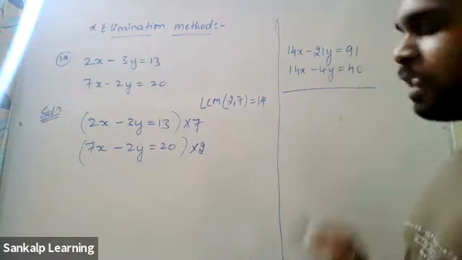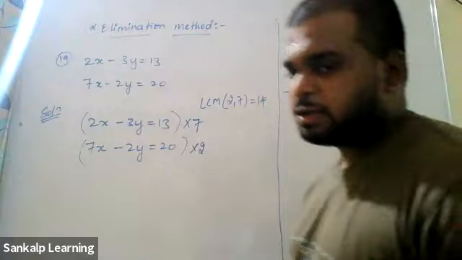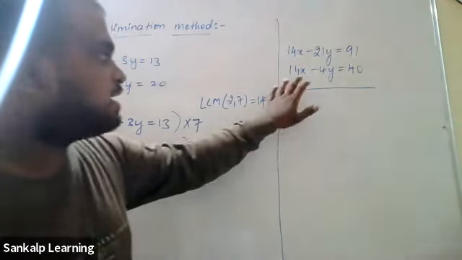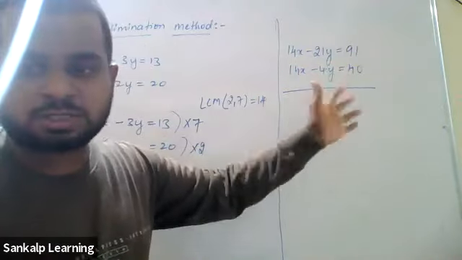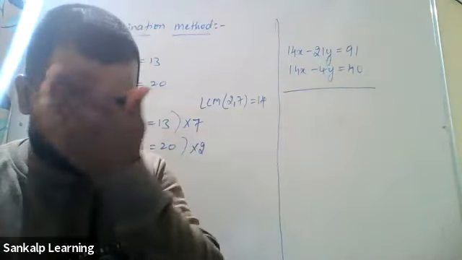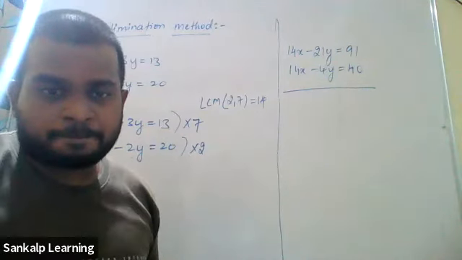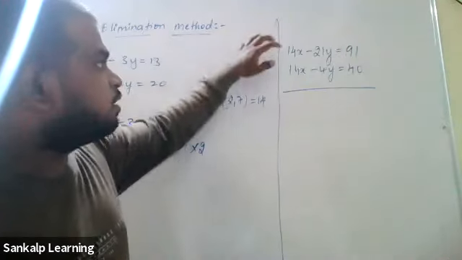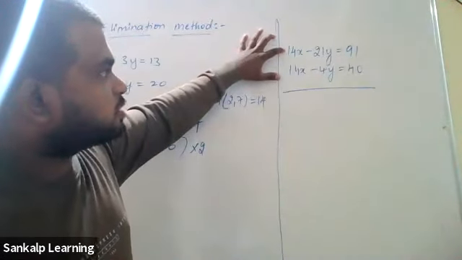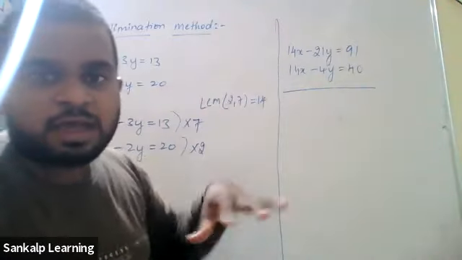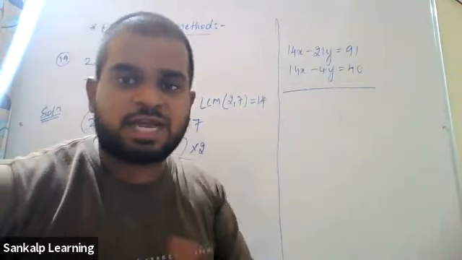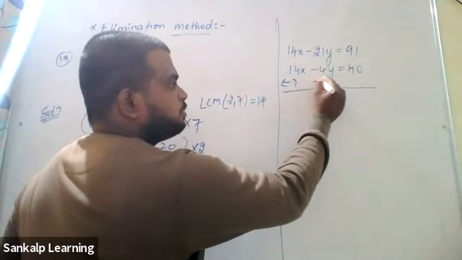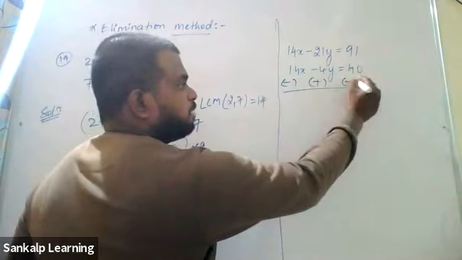Now observe. My question to Liba, I hope I pronounced it properly. Liba, should I change the sign of the second equation? Yes or no? Yes, sir, you have to change it. Very good, because both the signs are same. Here also it is plus 14x. Here also it is plus 14x. If both are with same sign, change the sign. Okay, throughout. So this plus will become minus. This minus will become plus, and this plus will become minus.